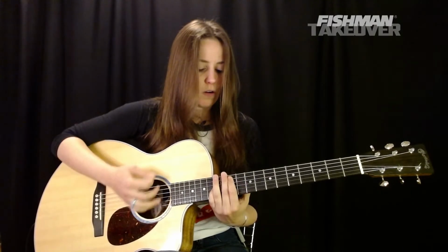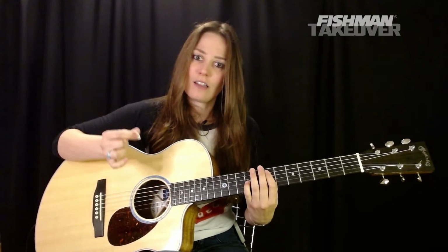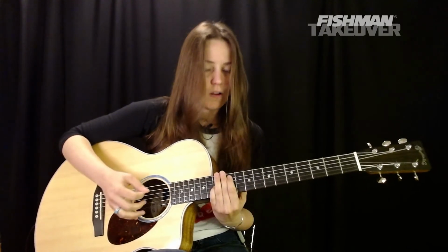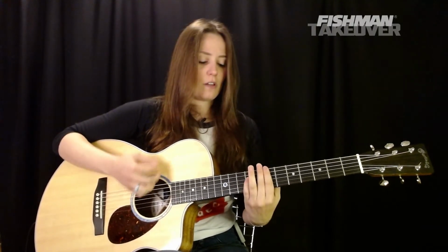Now, when you are going between this E and this G sharp, we don't want to slide. You can if you want. It can sound cool. If this is something that you are new to with octaves,